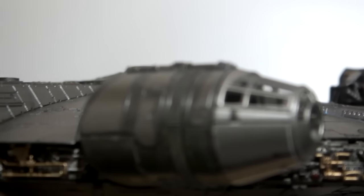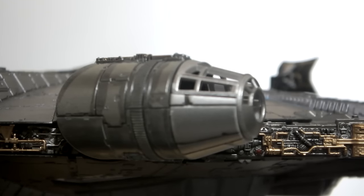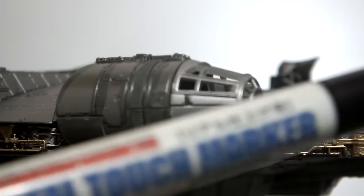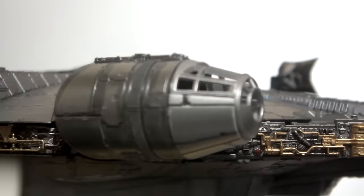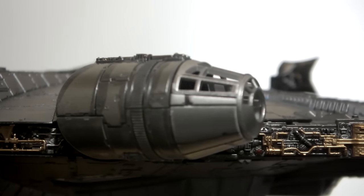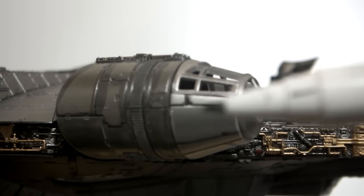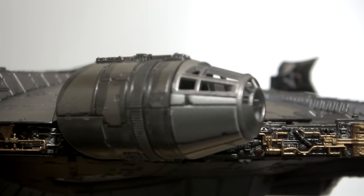Over here, what I actually did was I used Gundam Marker, which those of you familiar with Gundam is a pretty easy way of doing panel lining. So I used this type of Gundam marker, and there's a lot of different types of Gundam markers. I think there are 3 or 4 types. So this is like, I guess, I forgot the name of it, but it's like a felt pen, and the tip is really, really small, and it's got two size tips. And you can get in there easily on these panel lines on this figure,